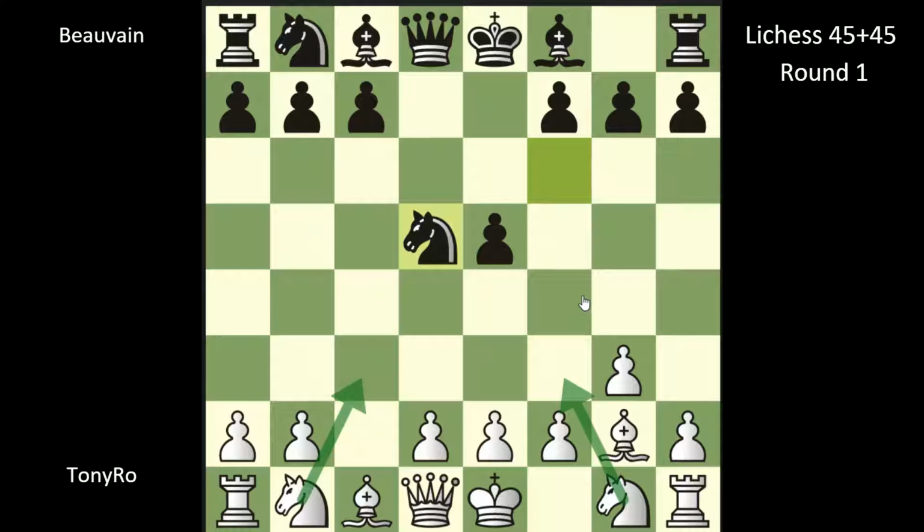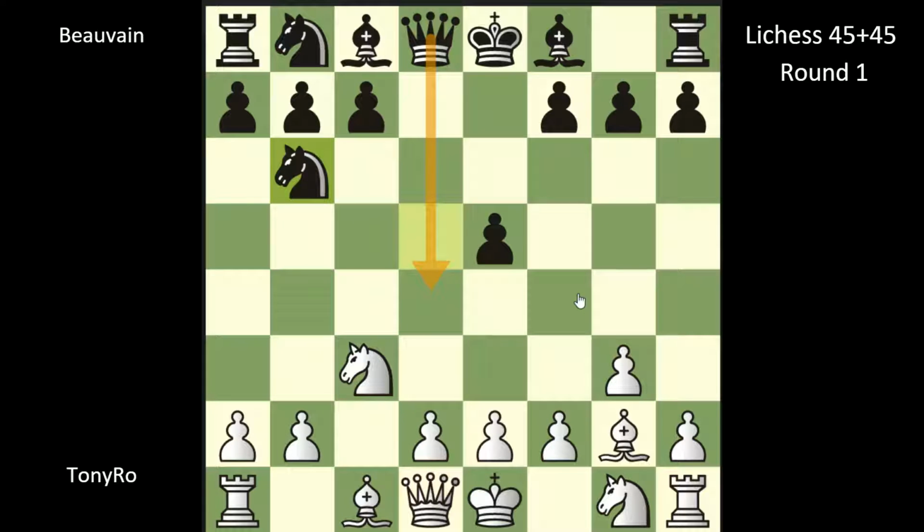So after c takes d5, knight takes d5, knight c3, my opponent went knight b6, and this is the best move for sure. And let me annotate that. This game will be in a study, by the way. I'll link to it. My opponent goes knight b6, and it might seem a little bit counterintuitive to some people